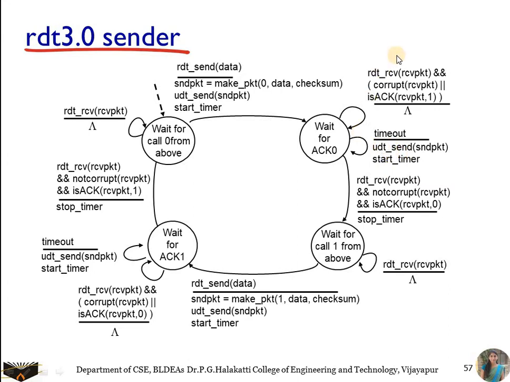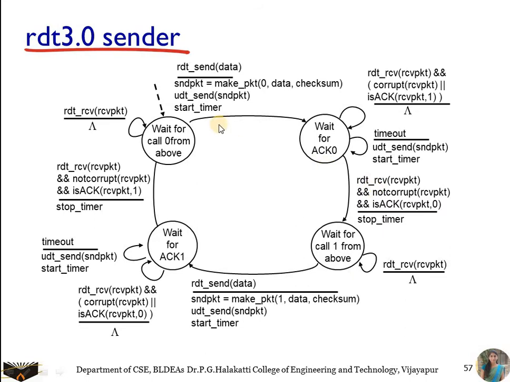So now we have one more condition here. It has received the acknowledgement for packet 1, whereas it is waiting for the acknowledgement for packet 0. So it has received the wrong packet, so it's going to discard the packet and it is not going to perform any action. So it is going to be in the self loop. So we have the self loop here without any action. This is one of the conditions, that is an error condition. We have two error conditions here.